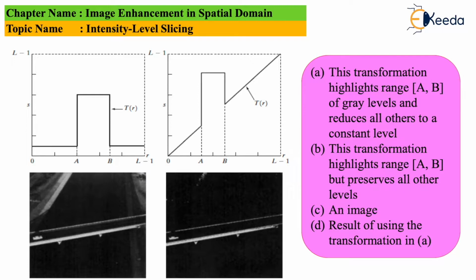And this is part C, where we see the original image, and after having the intensity transformation, which is sometimes also referred to as gray level slicing, not only intensity level slicing, the result for the original image by this particular approach we can obtain like this, a binary image. So this was intensity level slicing.